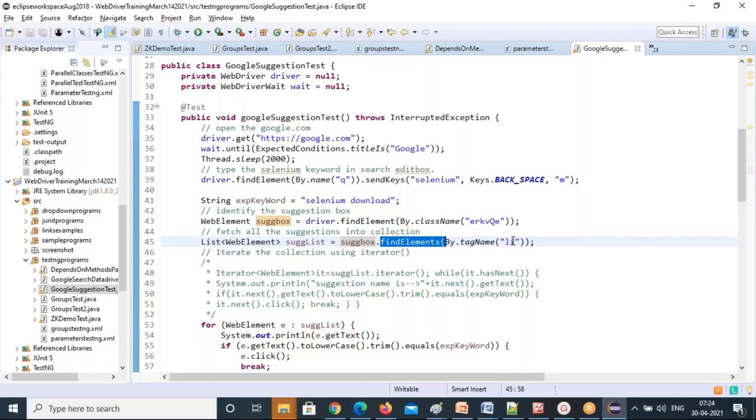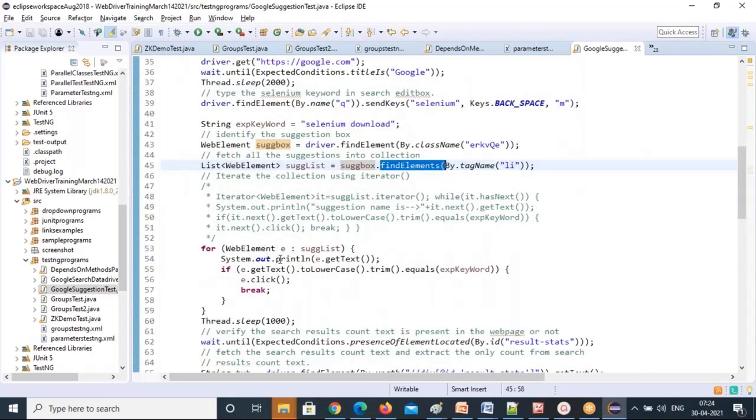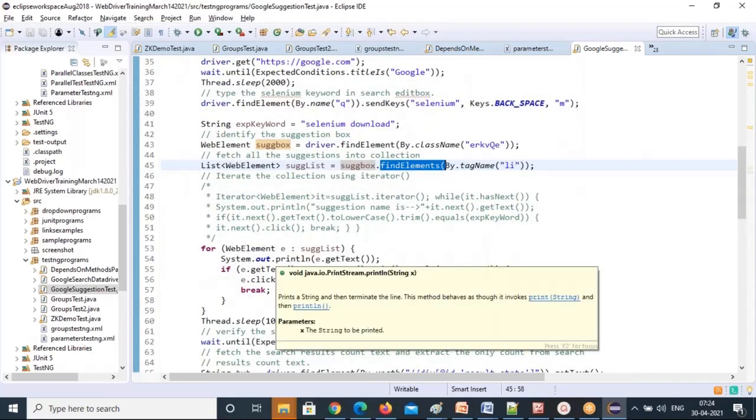We are focusing on how to take all those options, and then you get a collection, right? You know how to iterate a collection. You can use a for each loop, any for each loop, and then you can focus on that. So how can we fetch all of them into a collection and iterate it? This is the concept we are going to automate here.